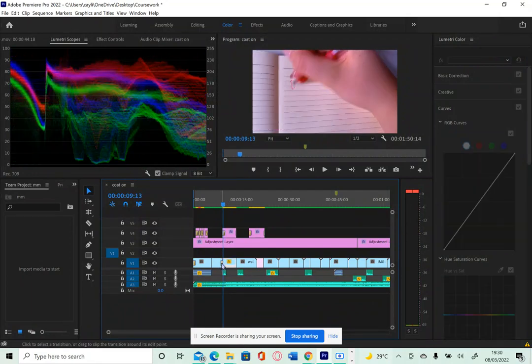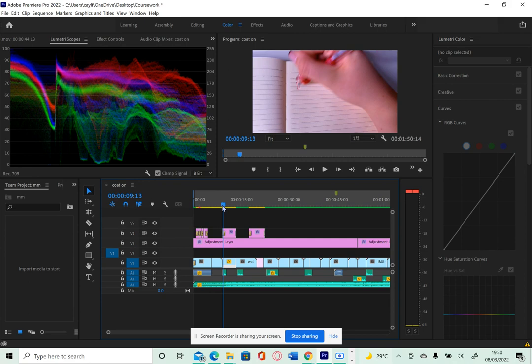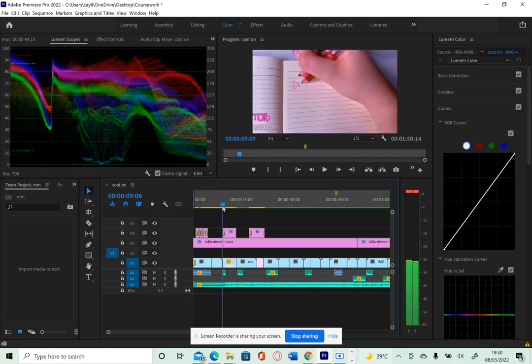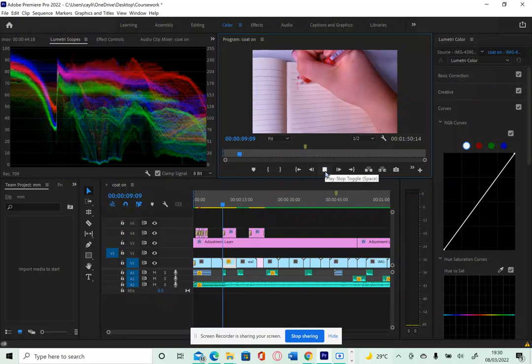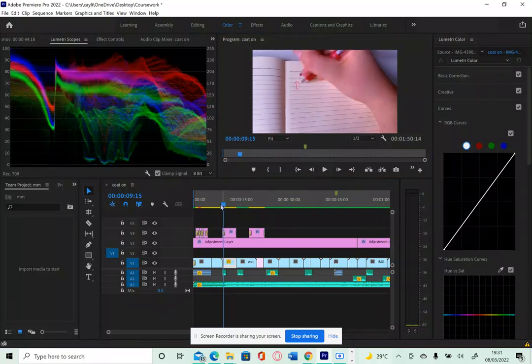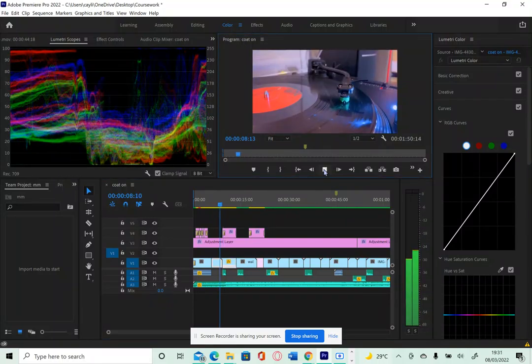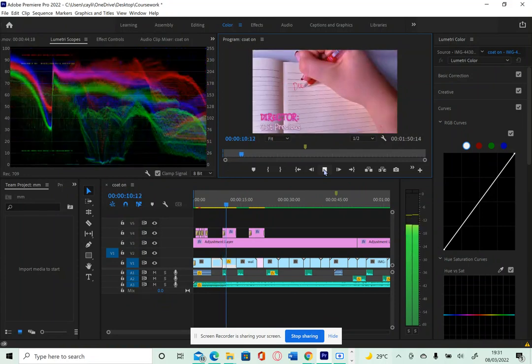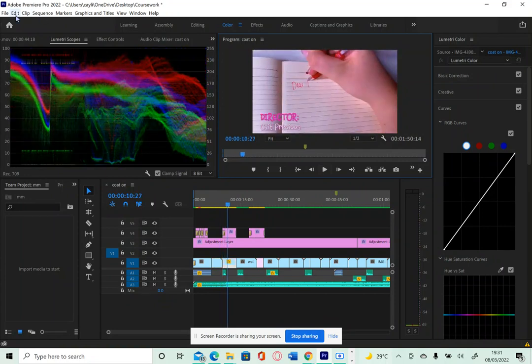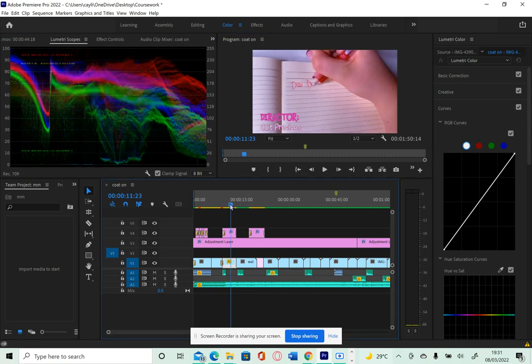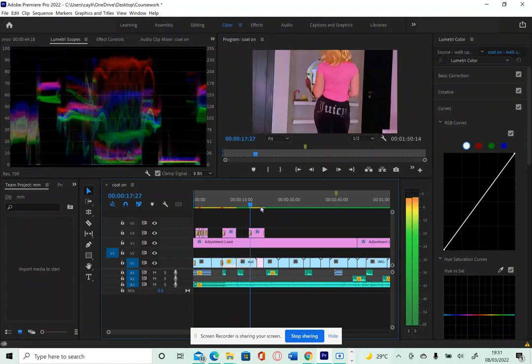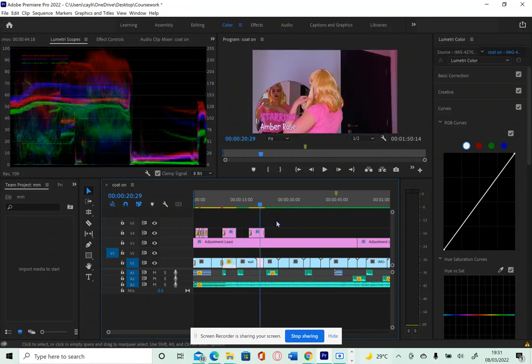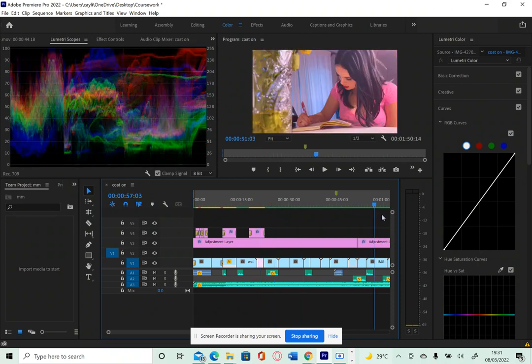Because if I remove this and show you what it would look like with a simple cut, it just feels too boring to me, if that makes sense. So I decided to add that in just for a little extra technique and something that makes it a lot more smooth running. So the next effect that I added was much later on